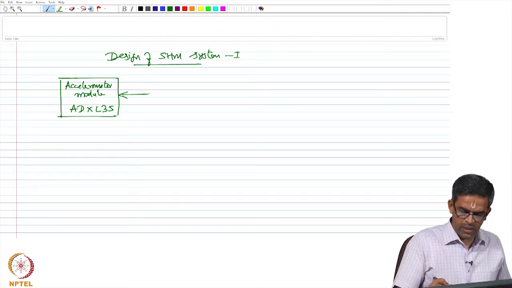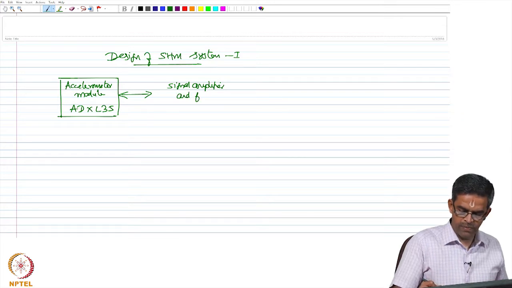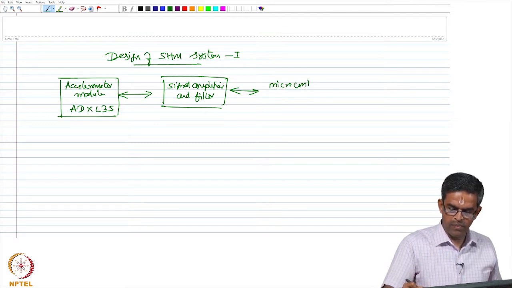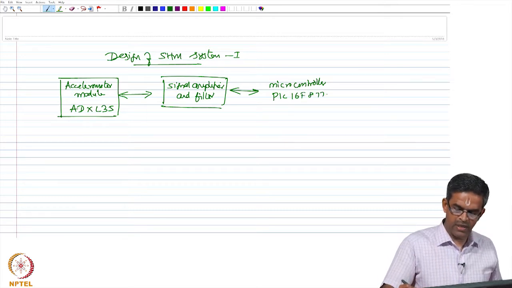Now, this is connected to the signal amplifier and filter. This is further connected to the microcontroller, which is the processing unit. In our case, it is PIC 16F877A,